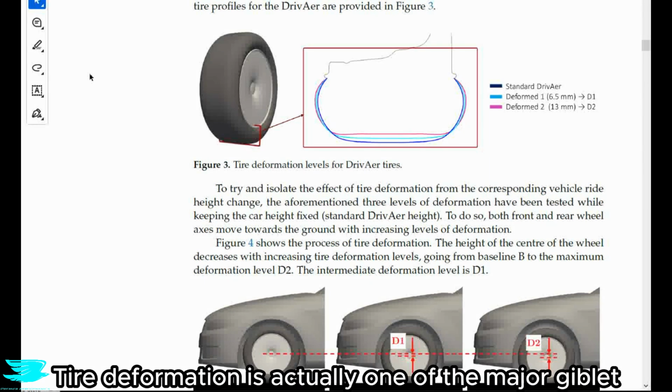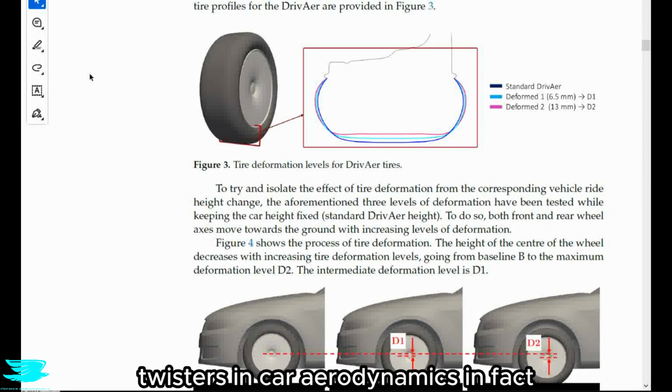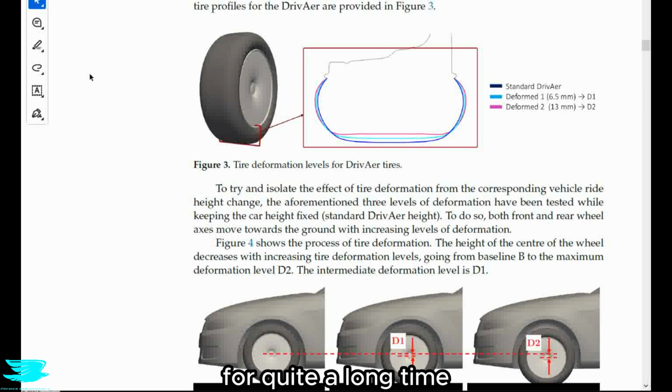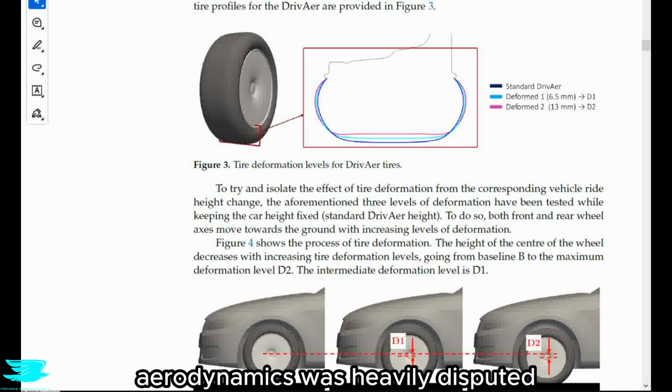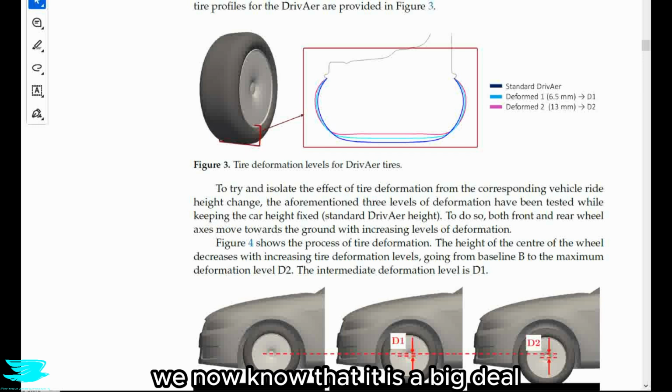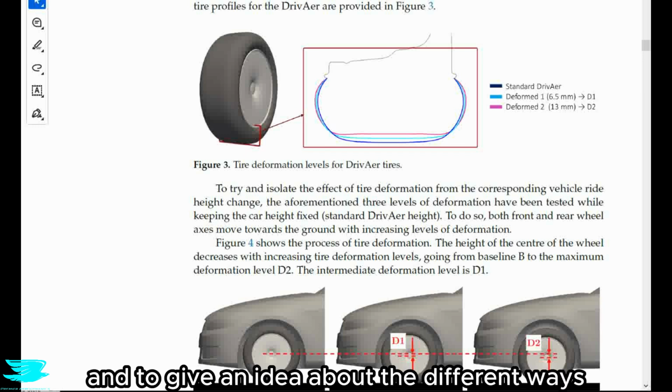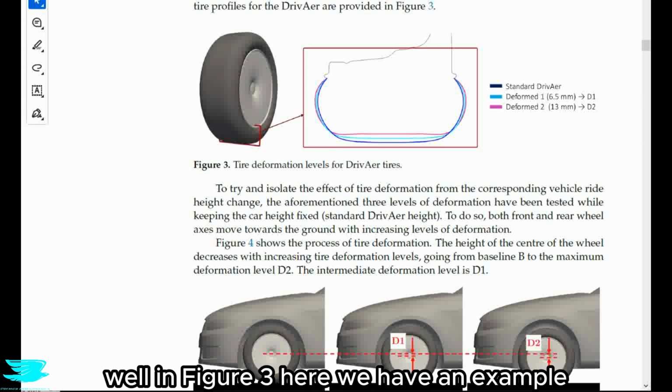Tire deformation is actually one of the major giblet twisters in car aerodynamics. In fact, for quite a long time, the impact that tire deformation had on a car's aerodynamics was heavily disputed, but we now know that it is a big deal. And to give you an idea about the different ways a tire can deform, well, in figure 3 here we